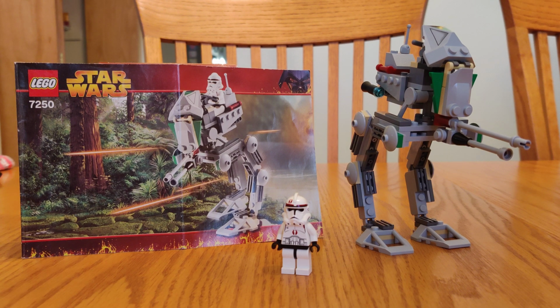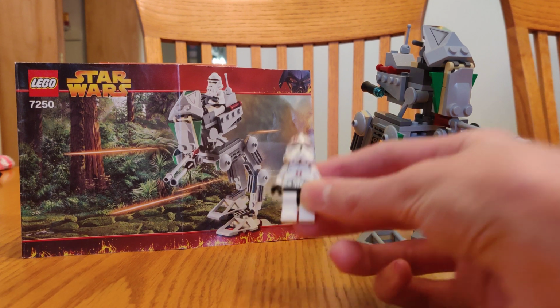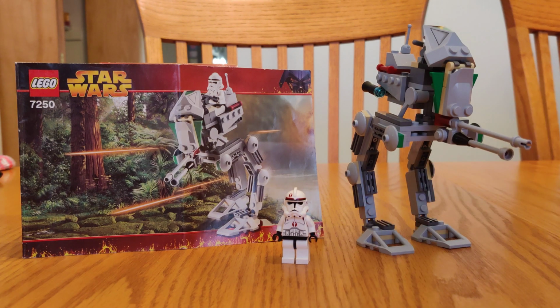I think it's a cooler design personally just because I like the older styles and I like the older style Clone Trooper as well. If you prefer the newer stuff, you're probably better going with the 501st set, but I personally love this one for what it is,